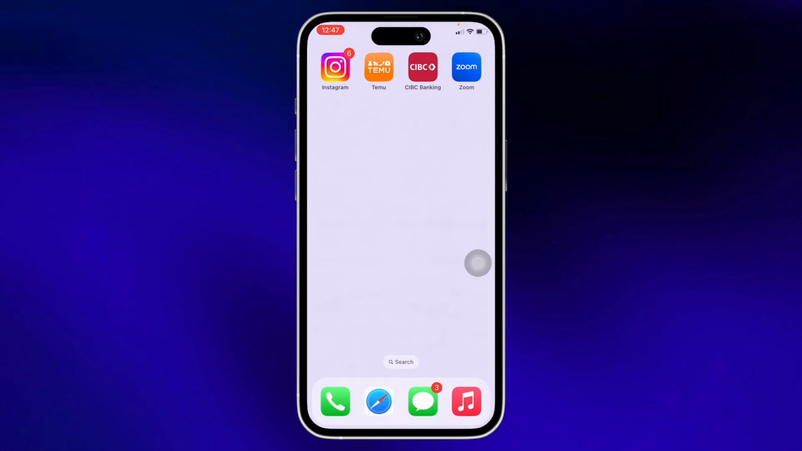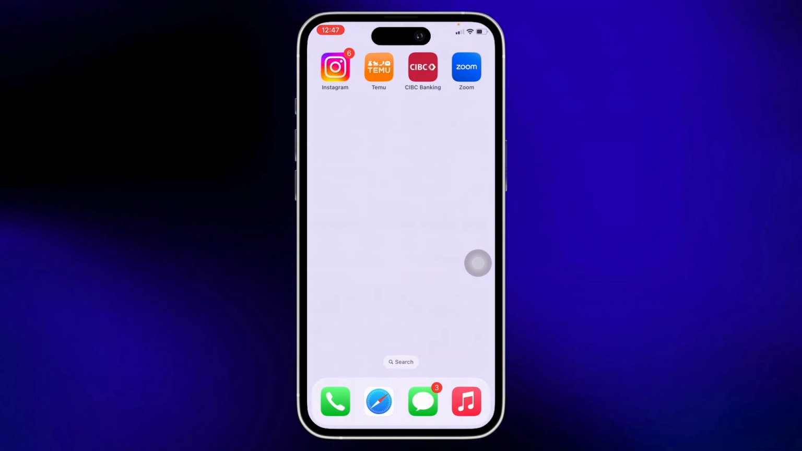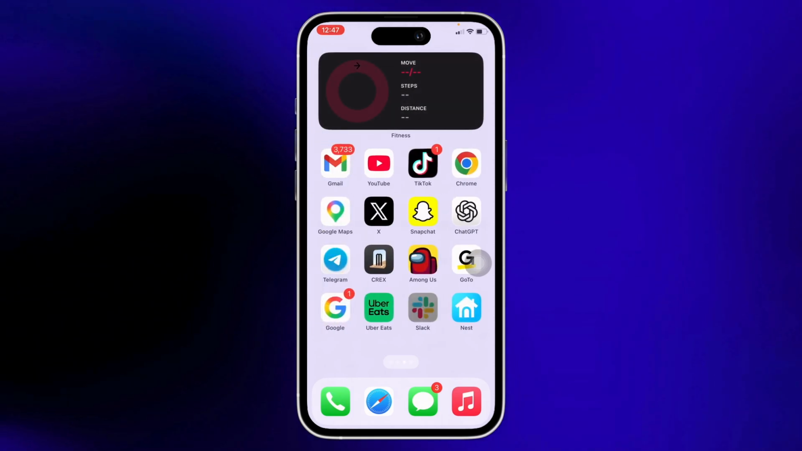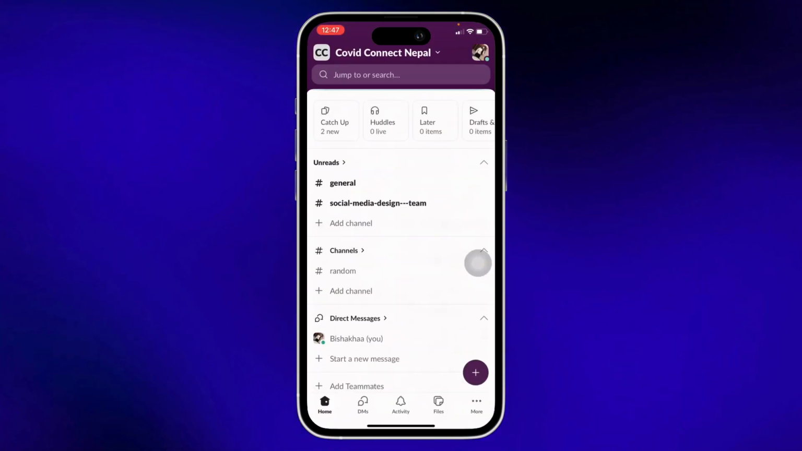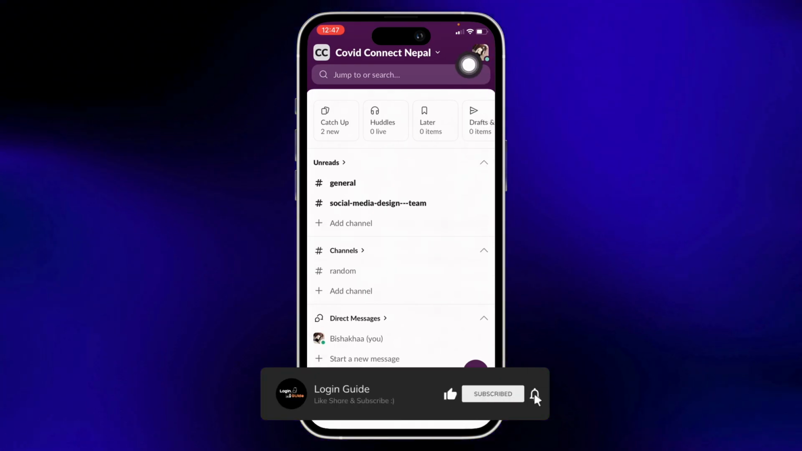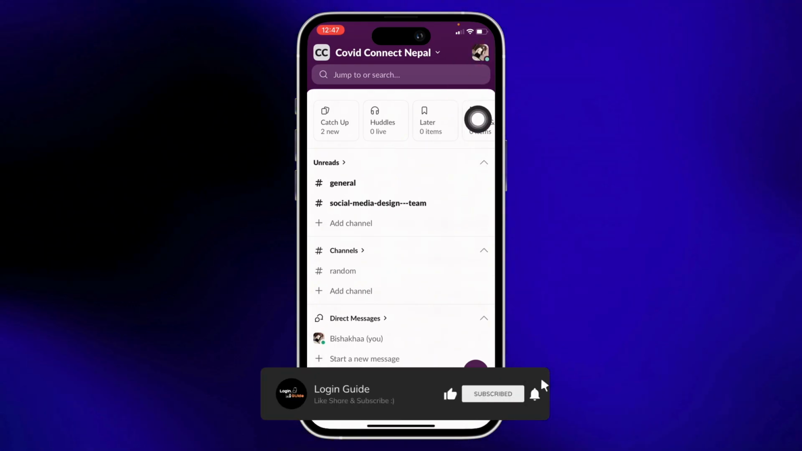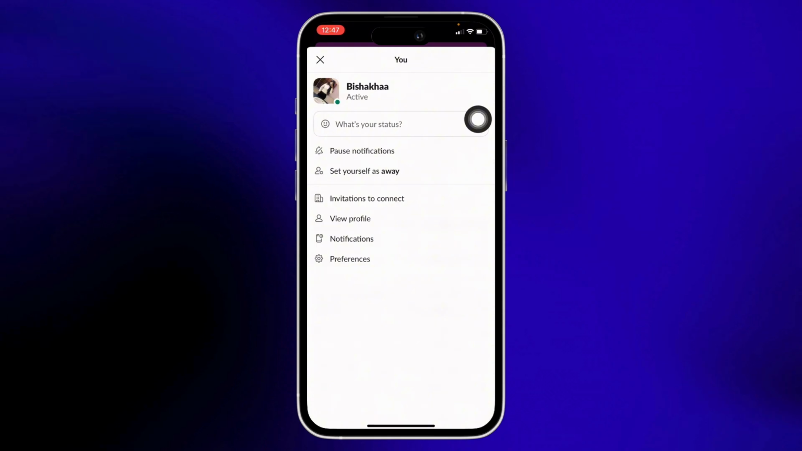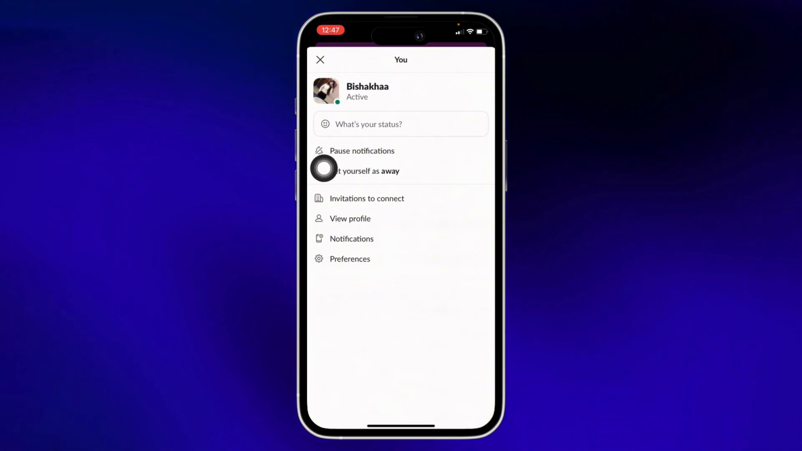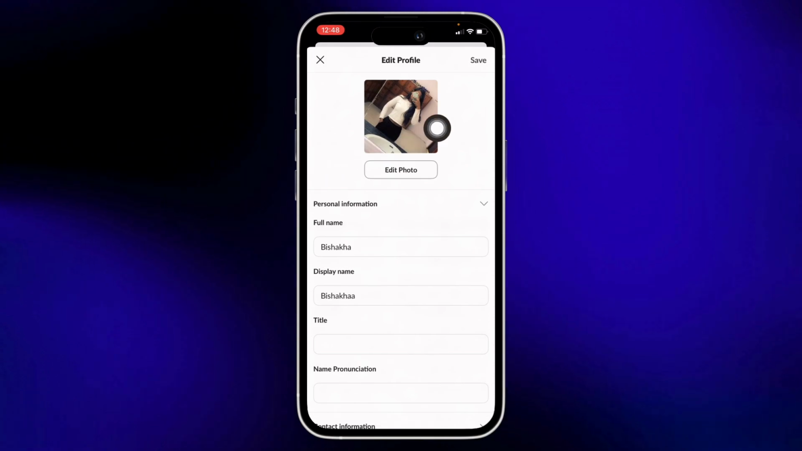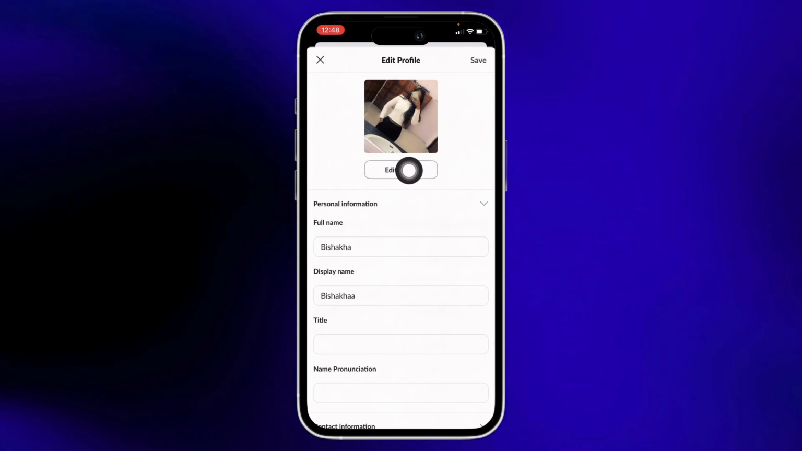Now let's get right into the tutorial. Firstly, go ahead and open the Slack application on your device and make sure that you are signed in. Now tap on your profile icon on the top right of your screen and you will be led to your profile. So tap on your profile name you see there and you will see the option for edit profile right